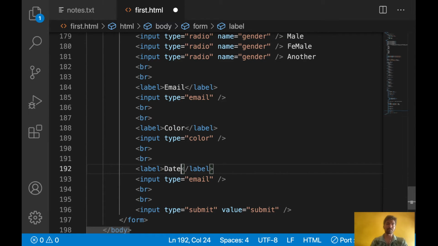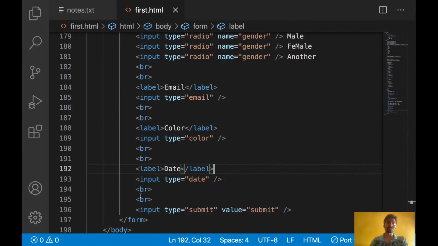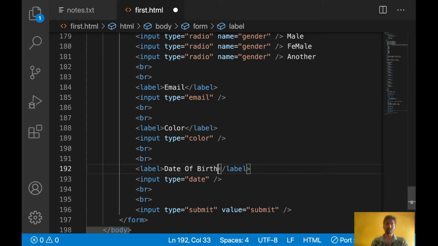And one more thing, if you want to give some date, let's say I want to display to the user a date of birth kind of thing, so that he will choose the date of birth. You can say here, instead of date, date of birth. Let's see now.